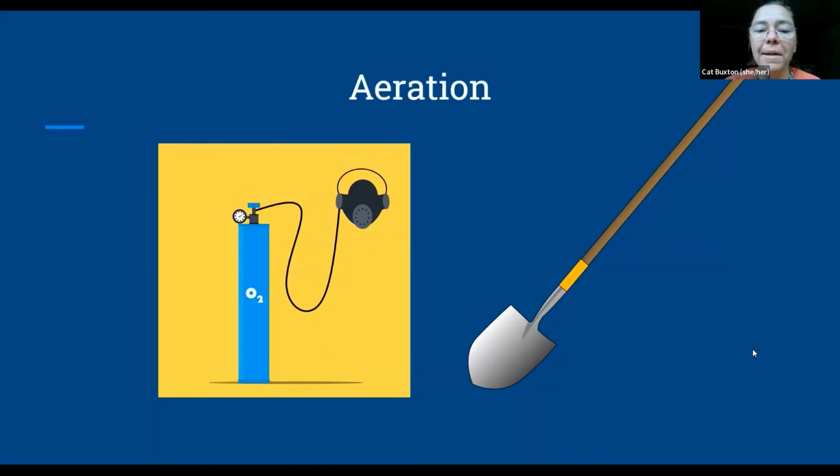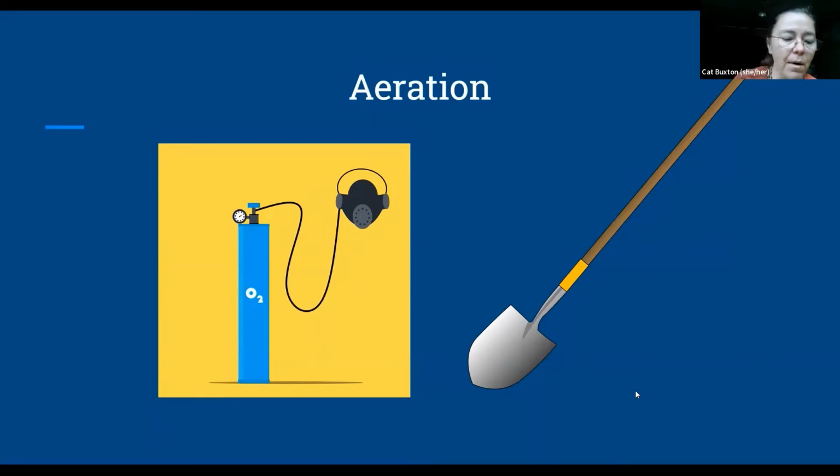One is how the pile is built. First of all, the microbes need air, just like we all do. We can get air in the pile through structure, and that is through the different materials we're using. And then we can also get air into the pile through mechanization, through shovels, through aerated static pipes, so PVC pipes with holes poked in them, or coming in with a bucket loader if you're lucky enough to have a big machine to do all that work for you. So getting air into the pile is part of our job as composters.